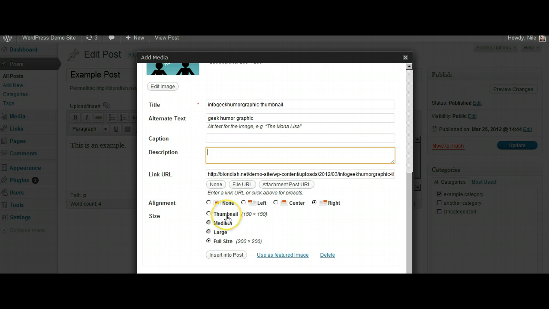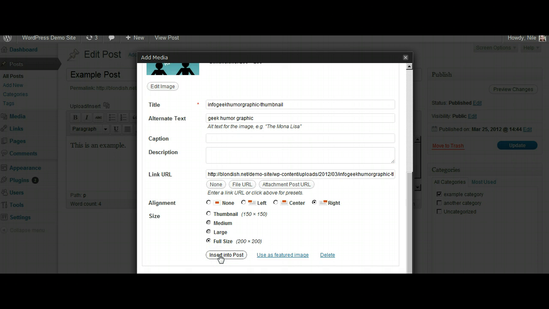You can also tell it the sizes. Now in WordPress, according to maybe your theme, depending on how wide the content area is, you can make by default your medium, large, and small images. So when you load images, those would load up automatically. In this case, we have a full-size image of 200 by 200 pixels, and we're just going to put it